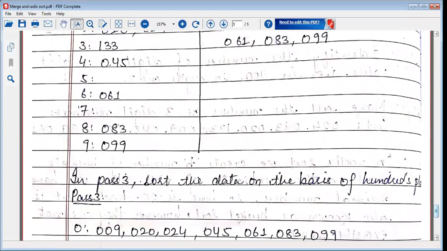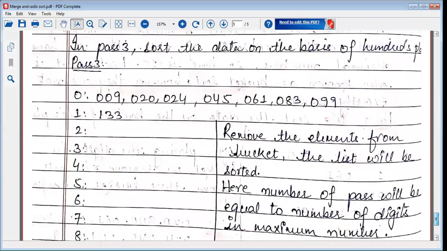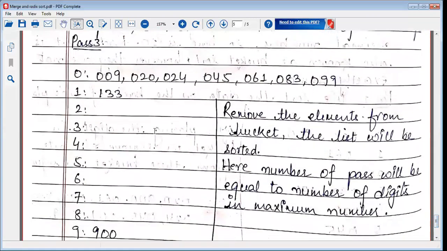So once you go to this pass number 3, now you can observe the data that we have in each and every bucket. And then when you remove the data, you can see that the list will be in the sorted form. So you just process the data, remove 9, then 20, then 24, 45, 61, 83, 99, 133 and 900.